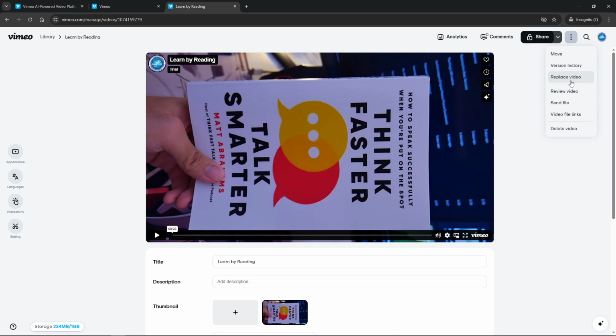And there you have it. That's how you replace a video on Vimeo without changing the link. This method is particularly useful for content creators who frequently update their material but want to maintain a seamless viewing